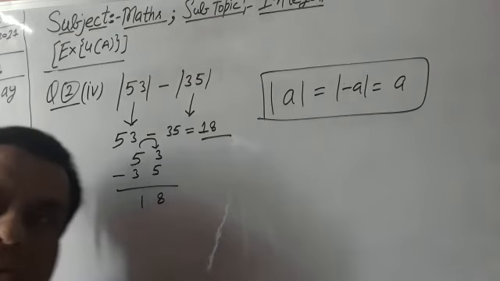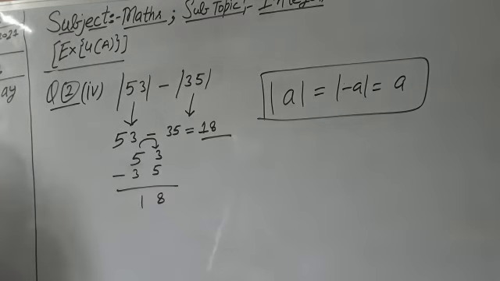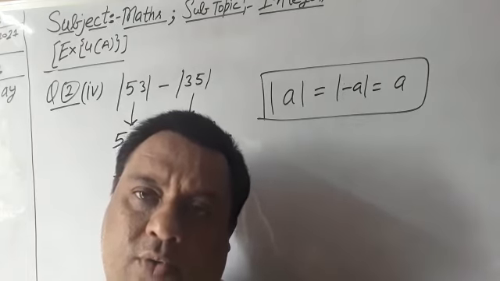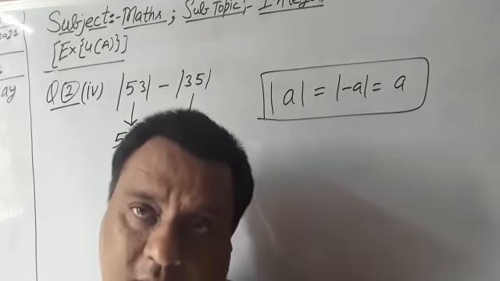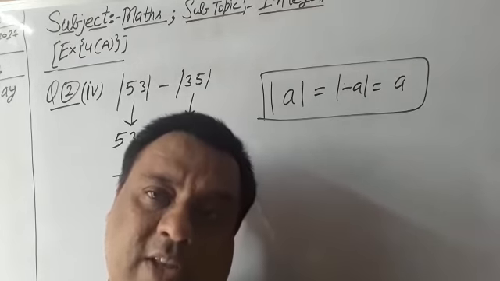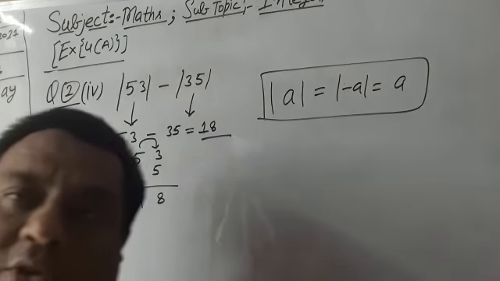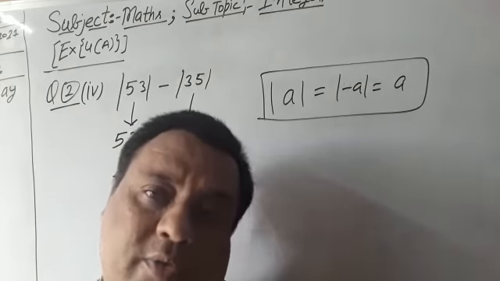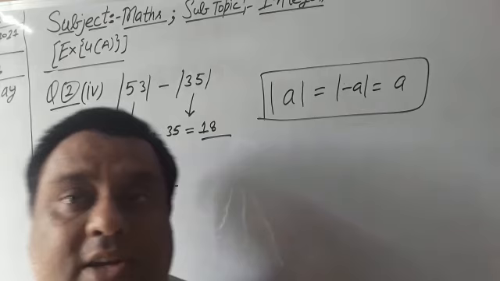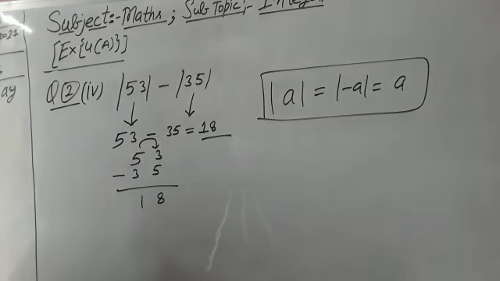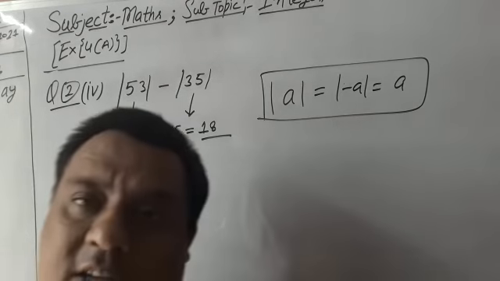I think you are clear about this concept. This is your absolute value. What is absolute value? When we do not consider any reference point, it is known as absolute value. And when we consider a reference point, it is not absolute value. Just like face value and place value: in place value we consider 0 as a reference point, but when we do not consider any reference point, it converts into face value. So face value is similar to absolute value. Is it clear? So this is your question number 2. I completed 3 parts of it, and the rest of the parts you solve by yourself.